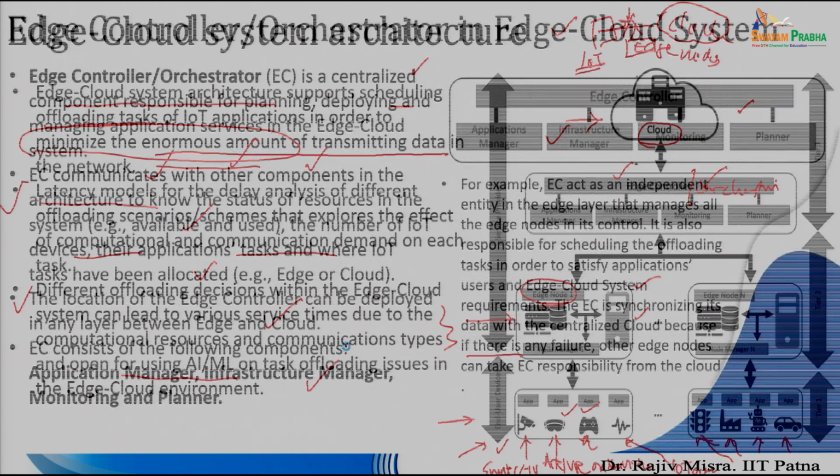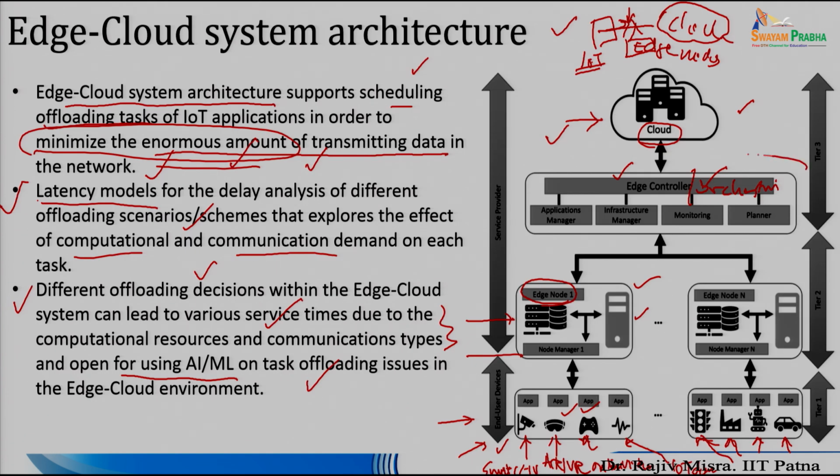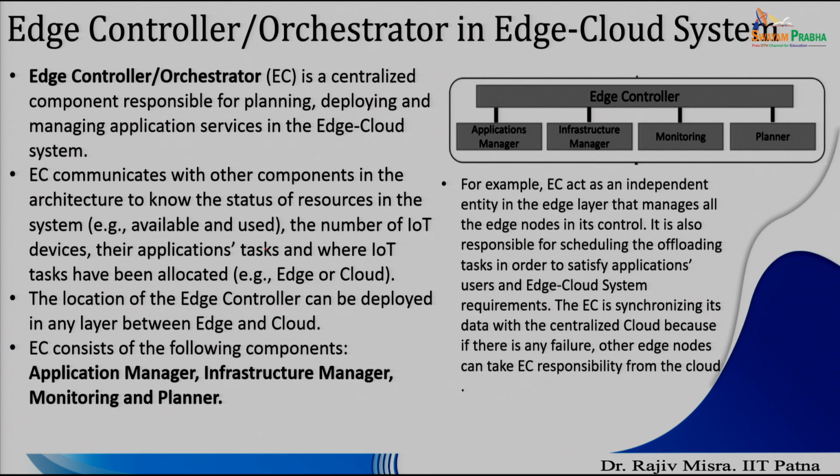So, let us understand this important positioning of the edge controller, because this edge controller has to decide among different offloading decisions what decision is going to be applicable for a particular application, and it will schedule the task offloading from the IoT for the IoT applications. So, let us get started in understanding the edge controller, or often it is referred to as the edge orchestrator,